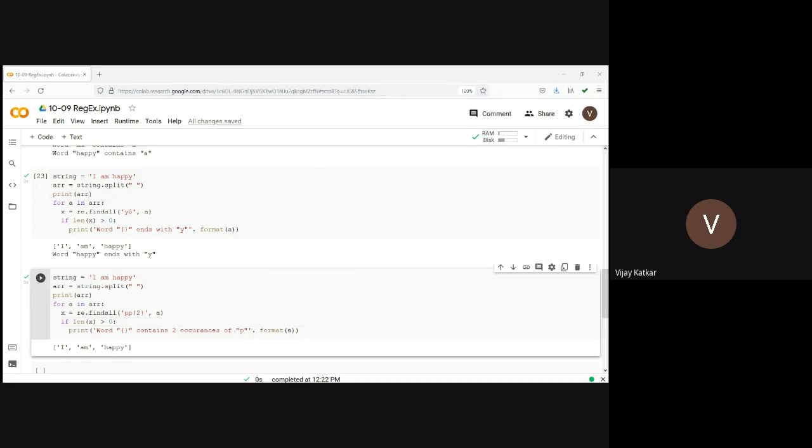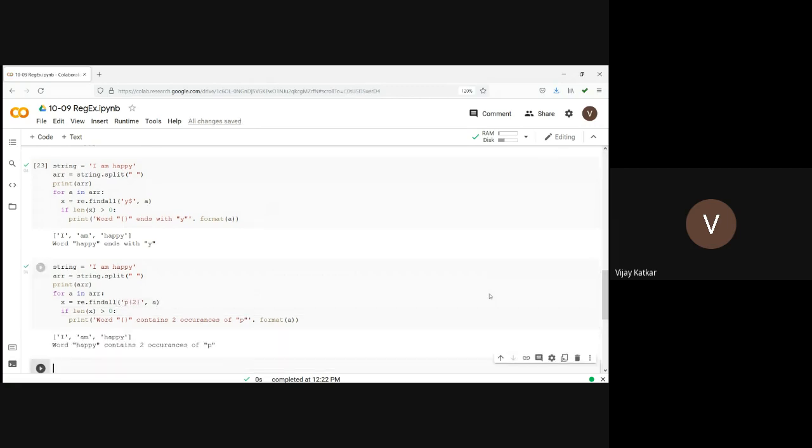What's wrong in the code? It's not pp, it should be p only.